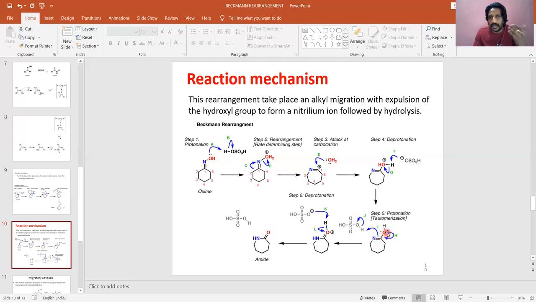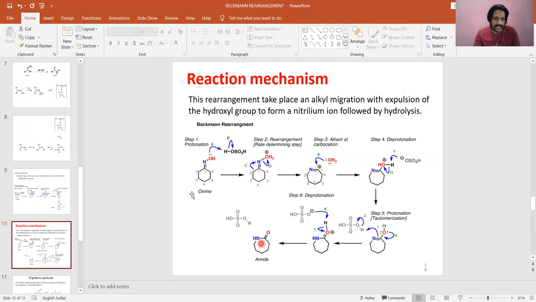This is the enolic form. Now assume what the ketone form is. Look here. OH will be converted into double bond O, and the hydrogen present here will shift to nitrogen, and this is a cyclic amide, caprolactam. The NHCO or CONH group is present as part of a cyclic ring. We call it a lactam. And what is the name of that lactam? Caprolactam. So this is a mechanism that is applicable to cyclic ketones.